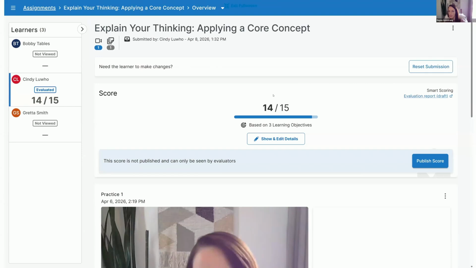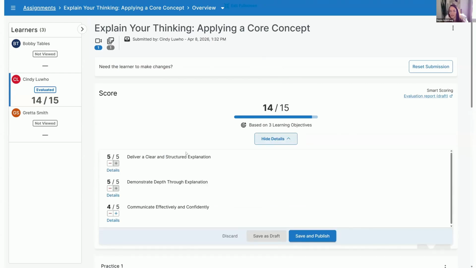And I can see that we have a suggested score of 14 out of 15 for my learner based on those learning objectives. I can see that by hitting edit details that she is getting scored out of 5 points for each one of those learning objectives. Now I can go through and see that she only got 4 out of 5 on one of the objectives,